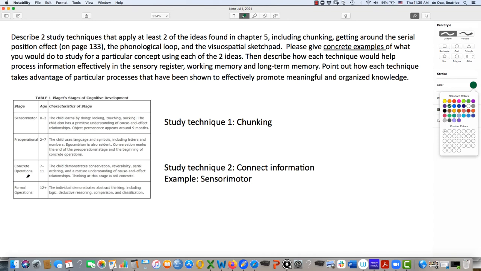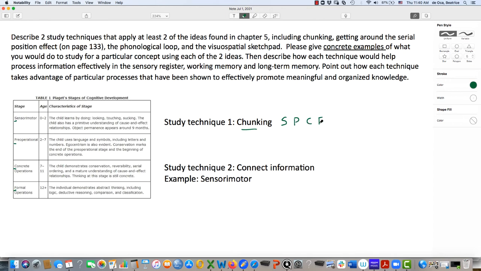And so I'm going to try and limit some of the load on working memory by reducing the number of individual pieces of information by chunking. The way that I'm going to do it is just by taking the first letter of each stage, so S, P, C, F. Now right now I have that as 4 letters, so I have reduced 1, 2, 3, 4, 5, 6 words into 4 letters that will hopefully remind me of sensory motor, pre-operational, concrete